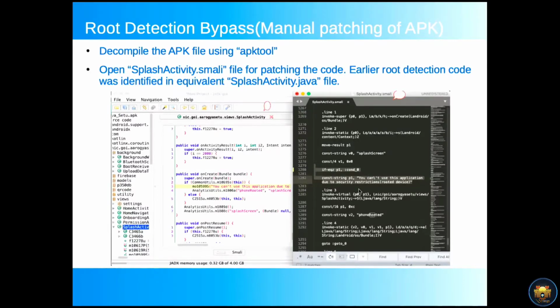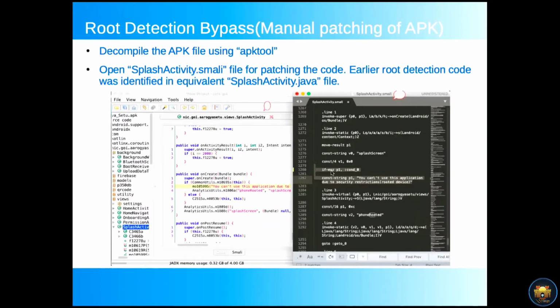I will try to negate this value here. It is checking if-eqz p1, if p1 equals 0, then send the interpreter to the next slide and don't execute, so you cannot use this application. You can just bypass the rooted device protection mechanism.